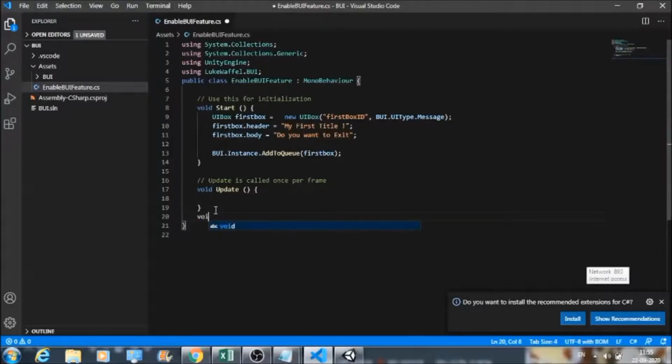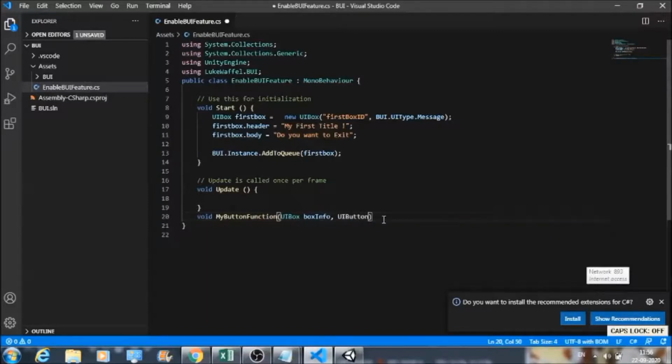So for that, we can first create another function, void my button function, and then UI. We want a UI box in which we can place some information. So this is the variable that I'm going to use for placing the information in the UI box.